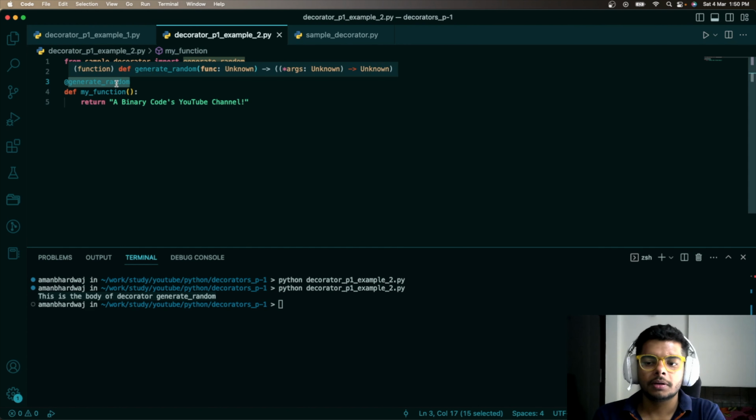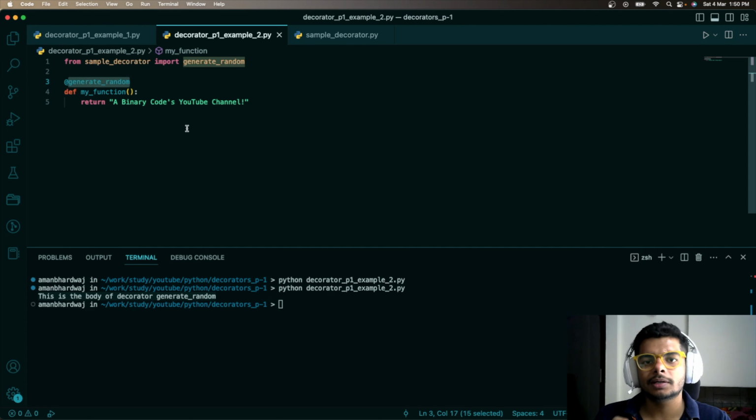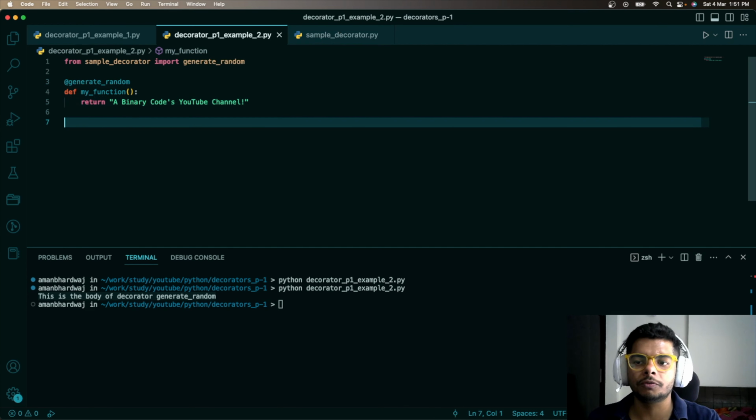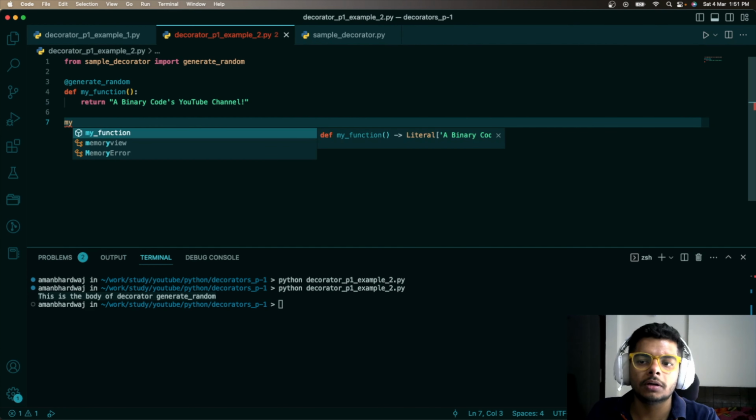Let me come to the original question. When are decorators executed? The answer is decorators are executed at import time. What is import time? When your file is loaded. When your file is loaded, it is scanned by the Python interpreter, and it does that scanning and reports any issue if there is one. At the same time, if there are any functions that are decorated, they are replaced with the new function, so that from now on, if you invoke it, it will actually call the